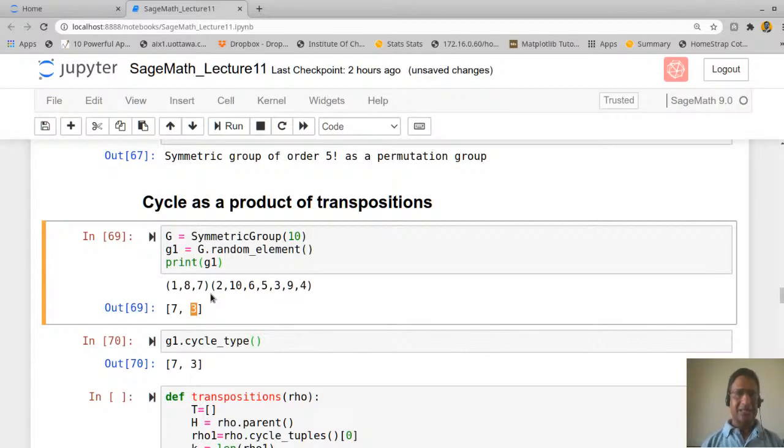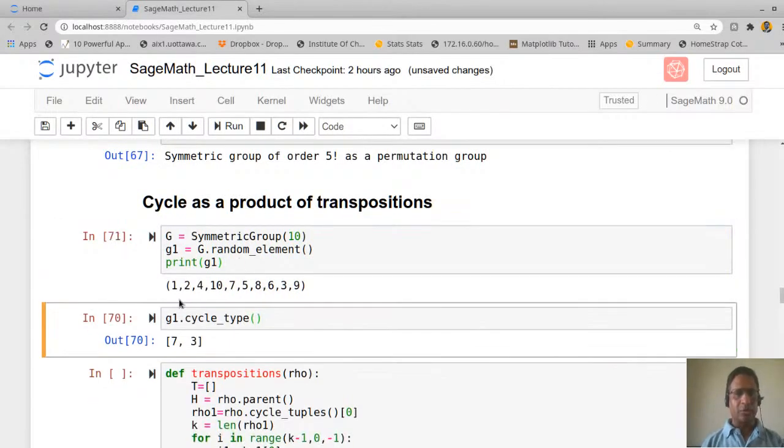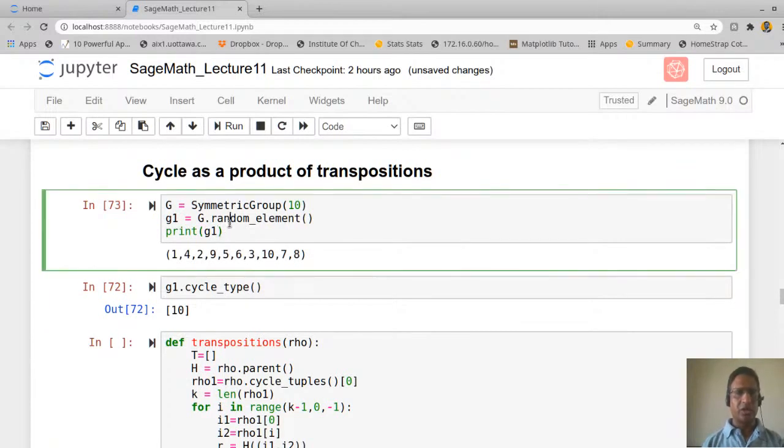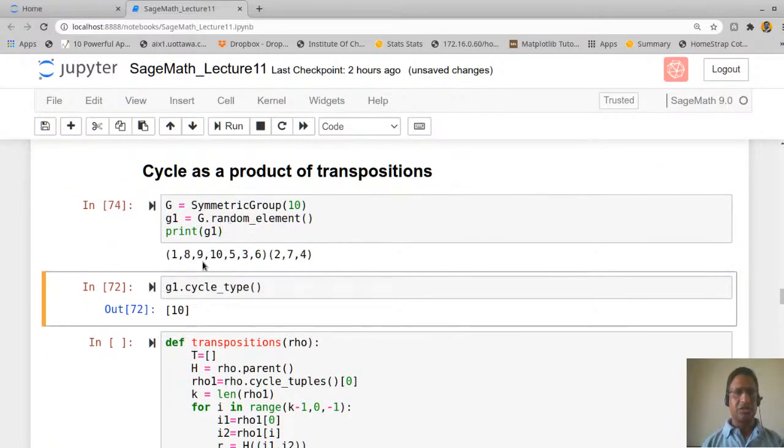Otherwise, in case there are some fixed elements, it will put 1, 1, something like that. Let us generate once more. Now you see this cycle is of length 10, so that is the cycle type. If I generate once more, the cycle type will be 7, 3, and so on, right?